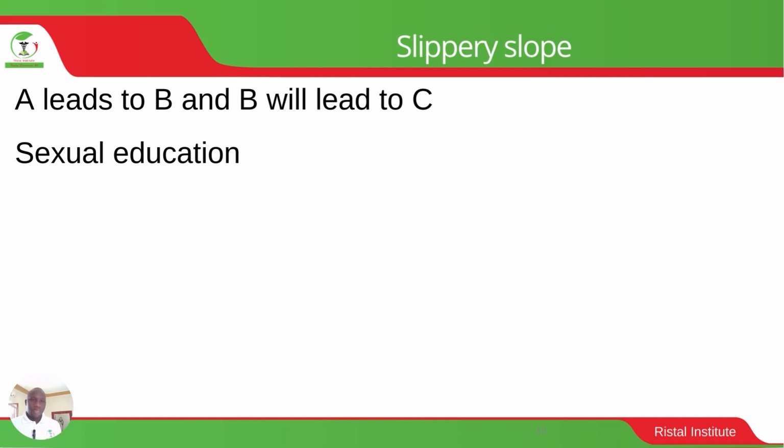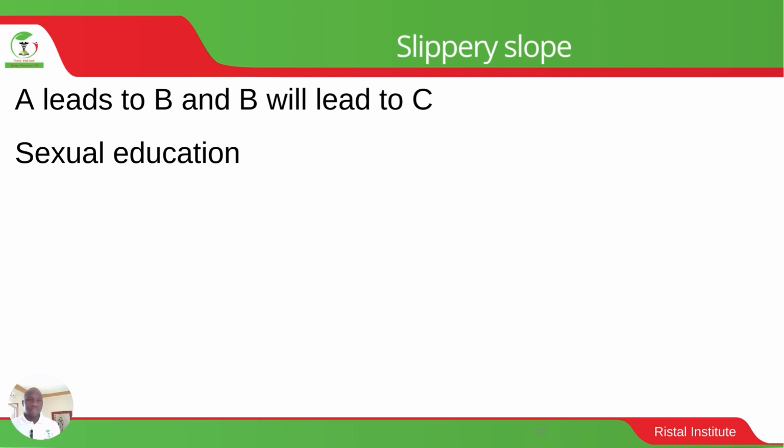Slippery slope. This is a fallacy that portrays a kind of consequences that will happen if an action is taken. So one consequence leading to the other and the other and the other. So for example,